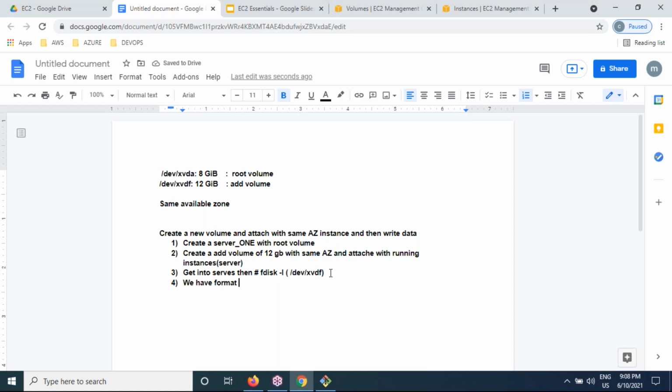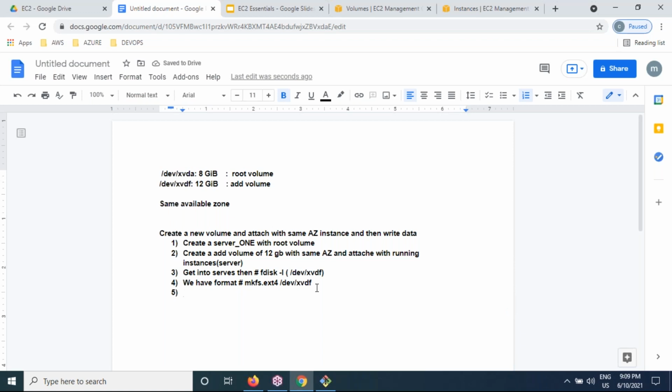Which command should we execute? mkfs.ext4. mk means make, fs means file system, and ext4 is the file system type. And what is the device name? Copy and paste it here. That's it. If you execute this command, the hash prompt is always root, don't be confused, and it will be formatted automatically.